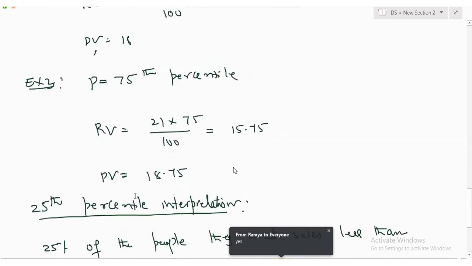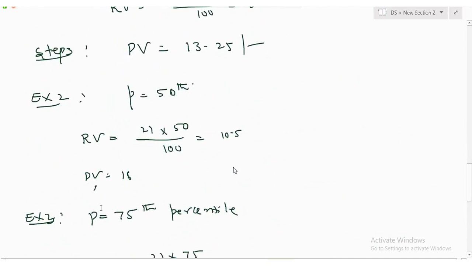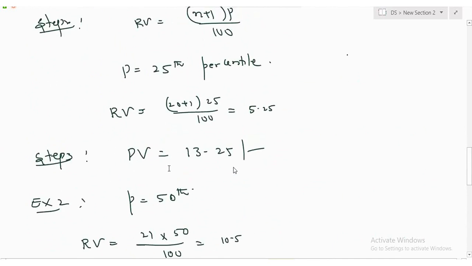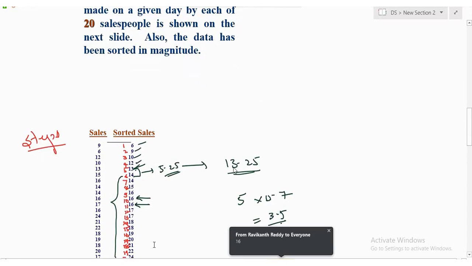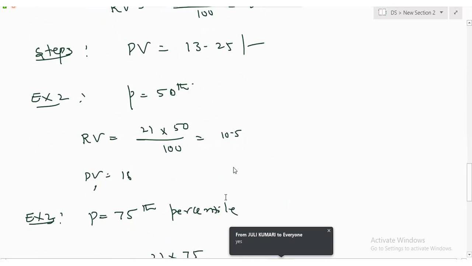What about this? 50th percentile means, tell me. How much did we get? 16. What is the meaning of this? Tell me. Spell out. 50% of the people, they made sales less than 16 rupees, which implies 50% of the people, they made sales greater than 16 rupees. Yes or no? Because the 50th percentile, how much did I get? 16 rupees. Let me repeat one more time. 50% of the people, they made sales less than 16 rupees, which implies 50% of the people, they made sales greater than